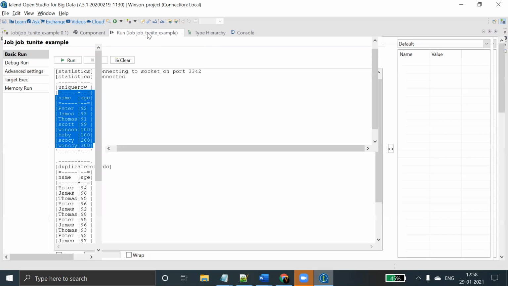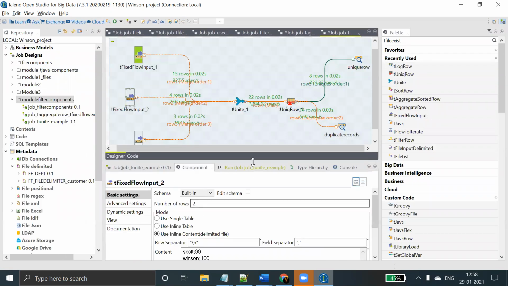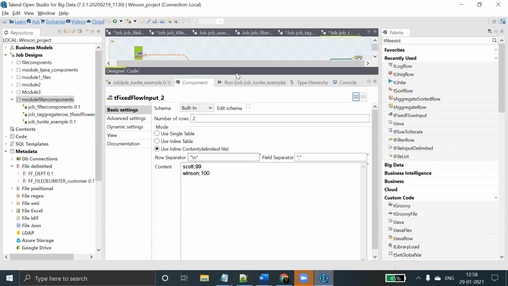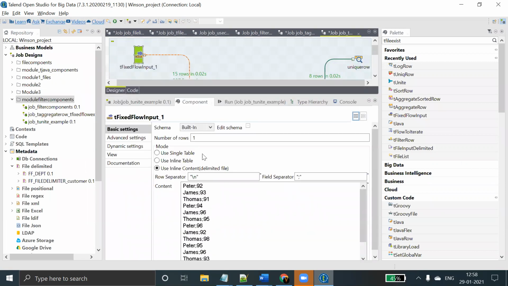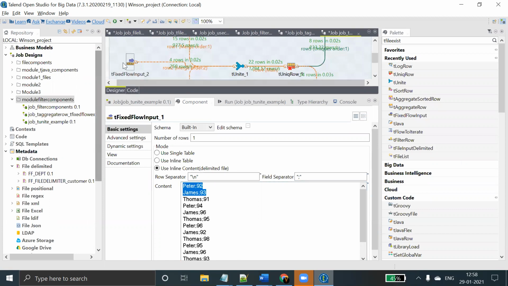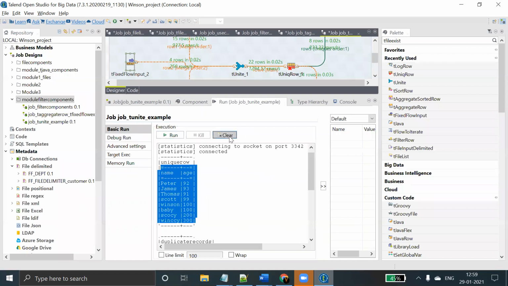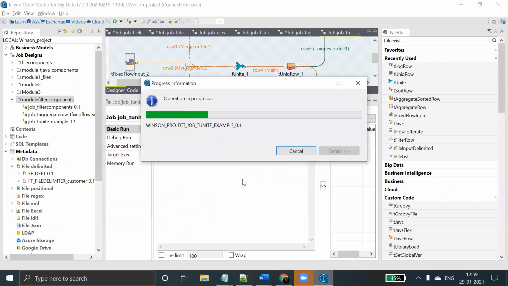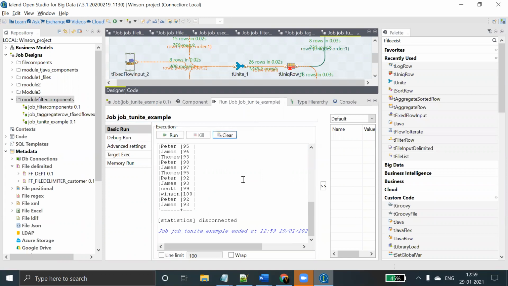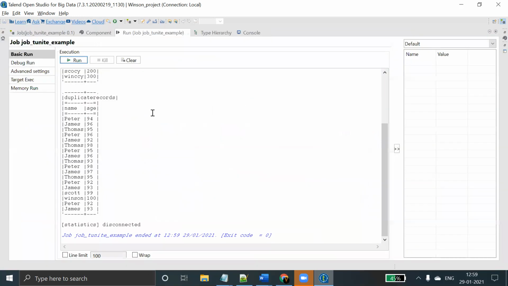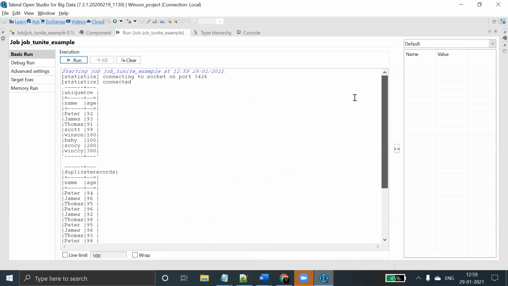Suppose I use, in the second group, let's say Scott. Sorry, in the first one, Peter and John I'm using here. So Peter and John. Okay, so clear, run it. So now you can see, Peter and James, even though they are in the second group also,